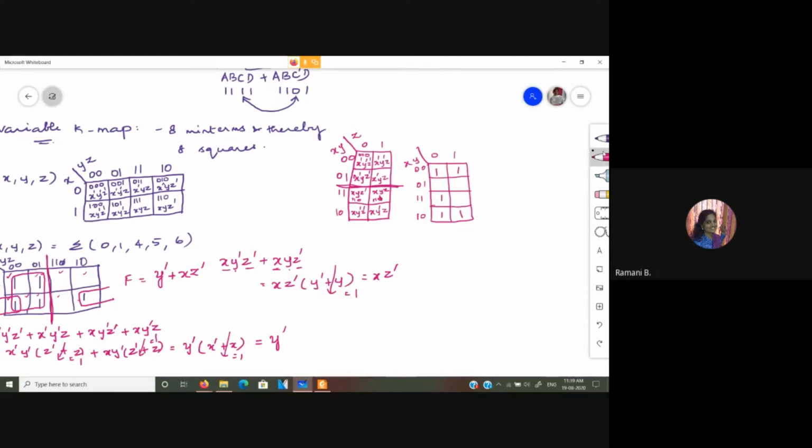So now how we combine is, just by seeing, you can say these two are adjacent. So the term corresponding to this, as we saw in the previous example: with these two ones, both of them have x equal to 1. Y is 1 over here and y is 0 over here, so we drop that literal. And here z is equal to 0. So this corresponds to x z bar.